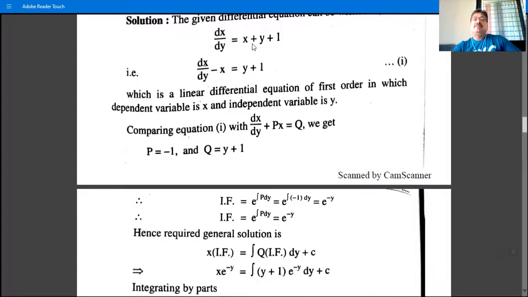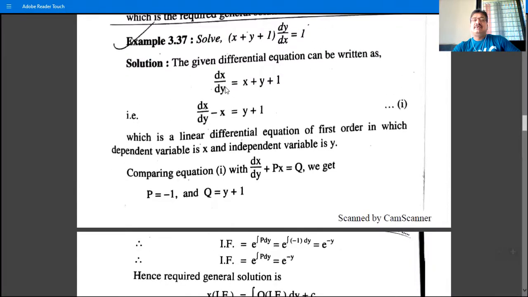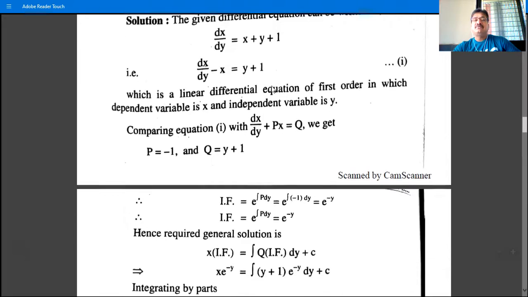Next problem is (x plus y plus 1) dy by dx is equal to 1. So the given differential equation is this, substitute this dx by dy. So shift this x plus y plus 1 to RHS, and we have dy by dx is 1 divided by x plus y plus 1, and then take the reciprocal of both sides. So we have dx by dy is equal to x plus y plus 1, dx by dy minus x is equal to y